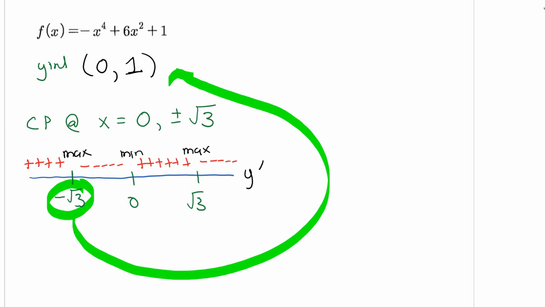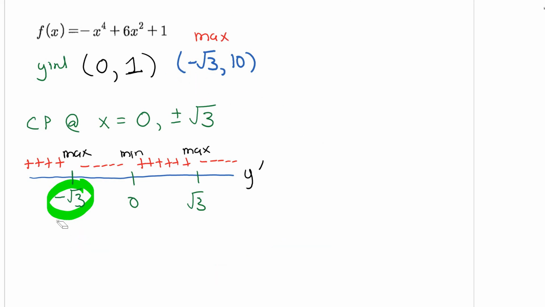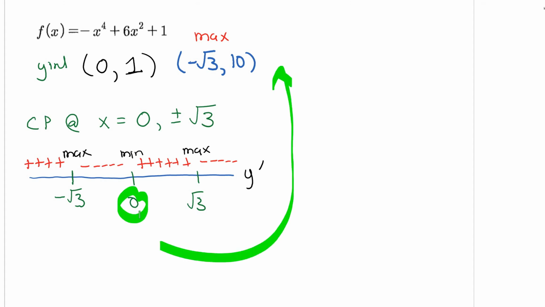Okay, and if I do that correctly here, for negative √3, the corresponding y value will be 10. So this right here is a max. Right, so you do need to work out the numbers on that. After that, I'll take 0, and if I plug 0 back into the original function, it's actually the same point as my y-intercept. But I guess what we're trying to say here is my y-intercept is actually going to be a